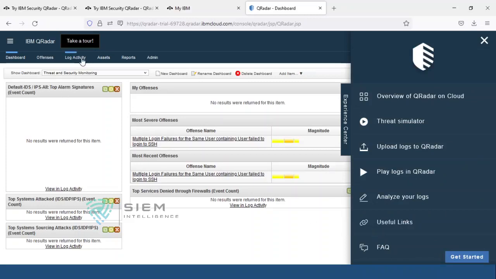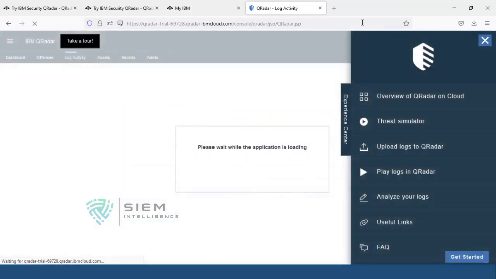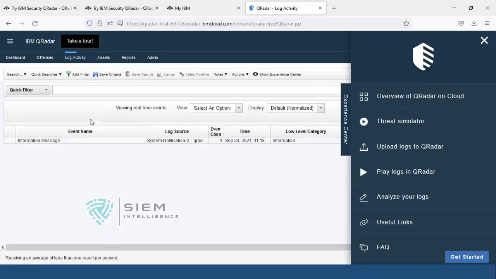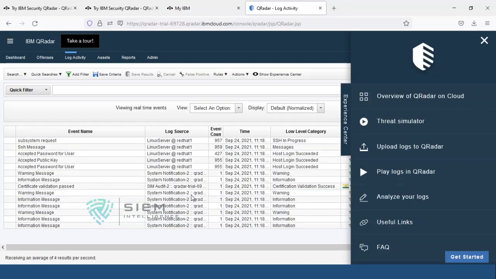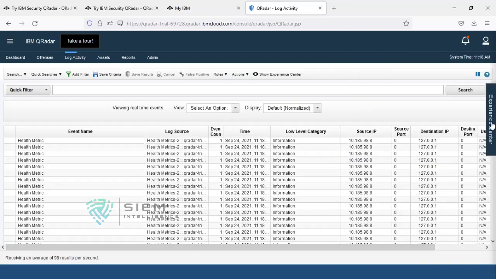Now if you see in the log activity, see, you start getting some data. See, Linux Red Hat 1, you are getting some data. So this is something called Experience Center.